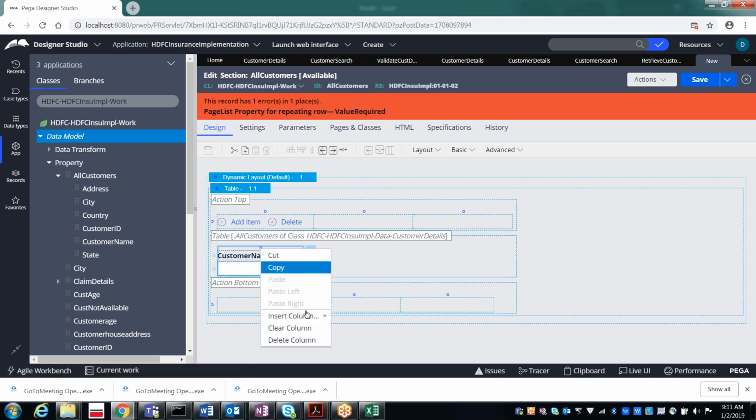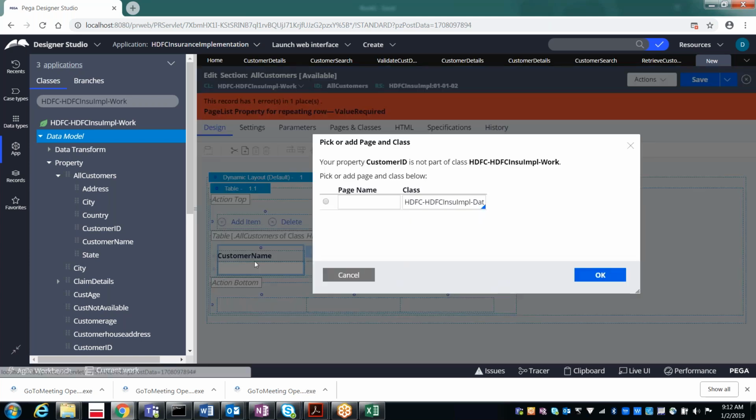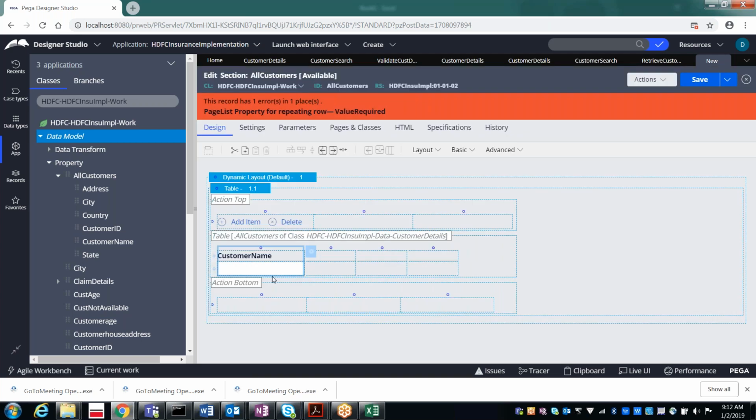We need to add one more column. Insert column, right. Likewise, however many columns you want, those many columns you need to add. Okay. So first customer ID. Customer name.